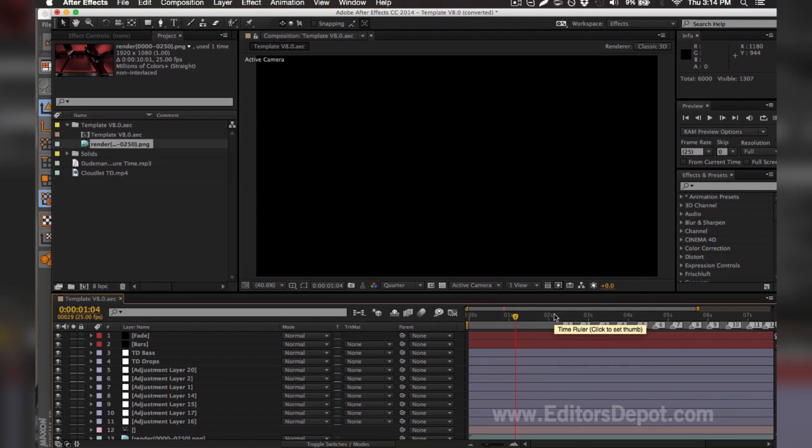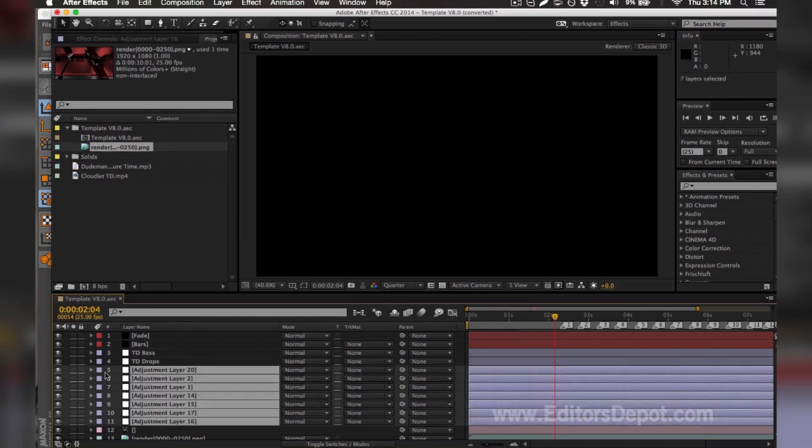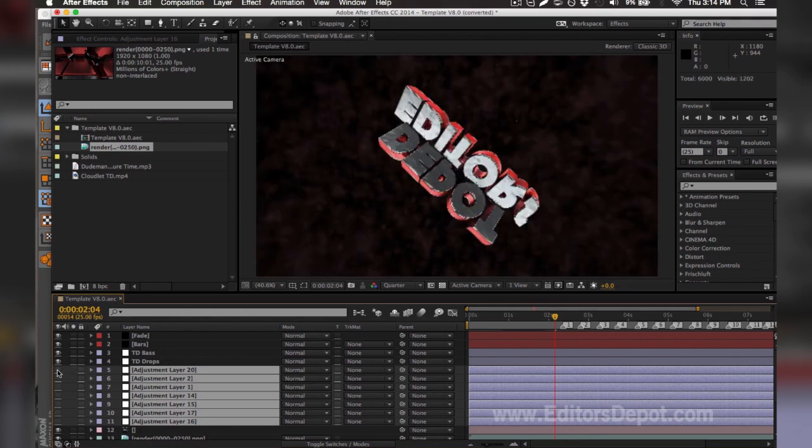So we're 100% done, assuming you have every single one of the plugins required. If you don't, you're going to have a black screen similar to this. If you do have a black screen similar to this, you're going to want to troubleshoot it by turning off or turning back on whatever adjustment layers might be messing up your entire video. As you can see here, one of the adjustment layers messed up the entire render,